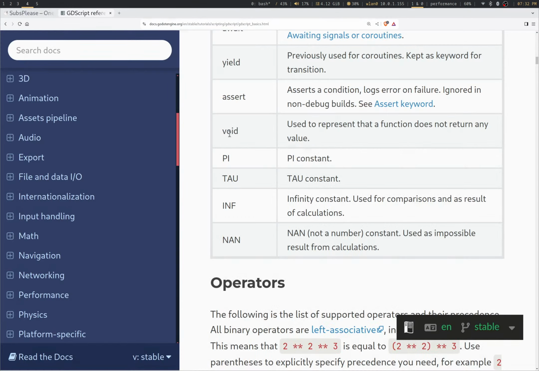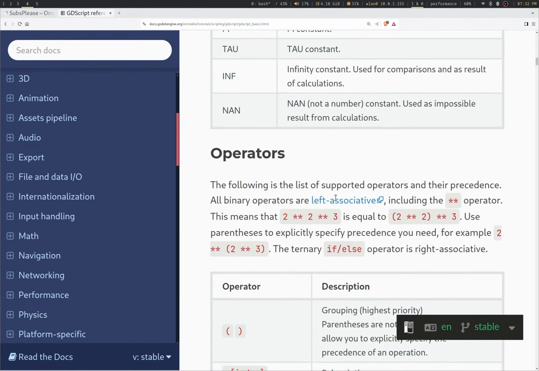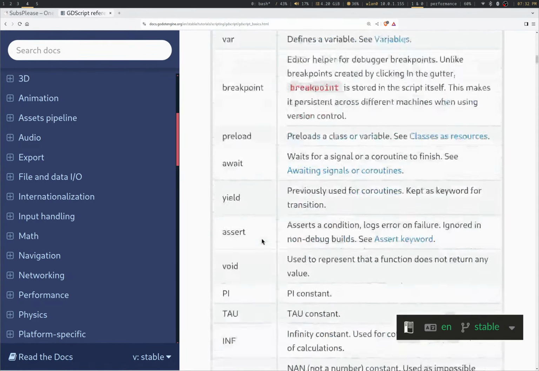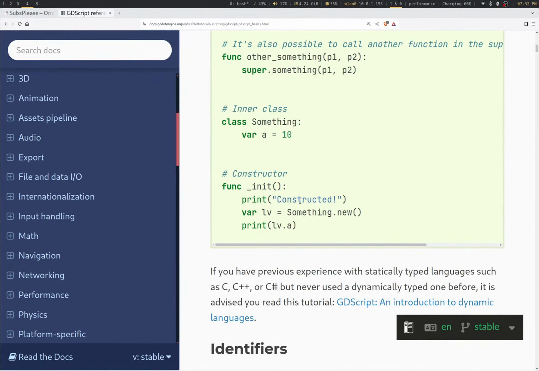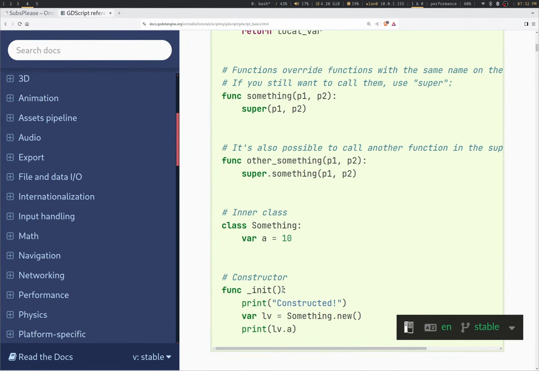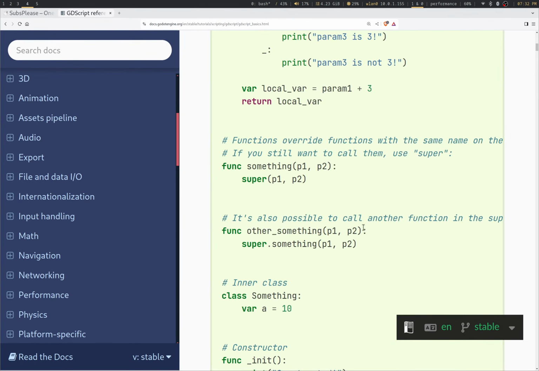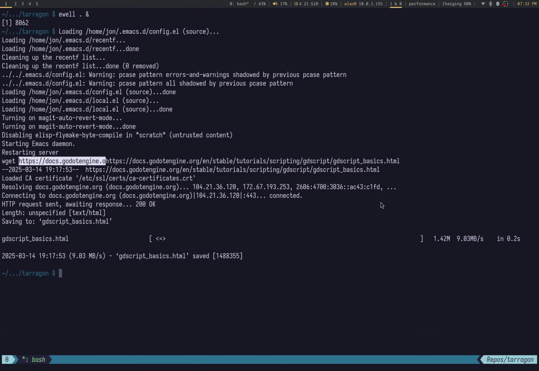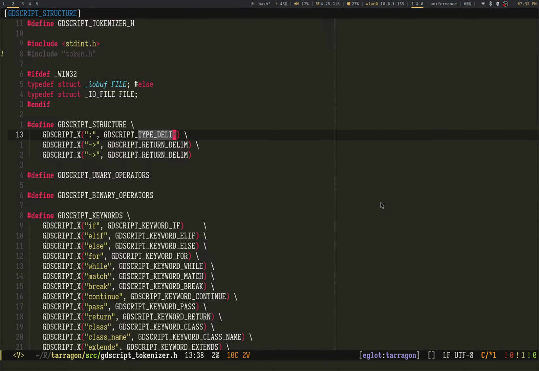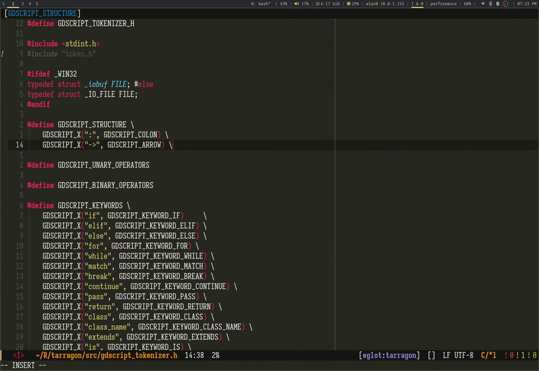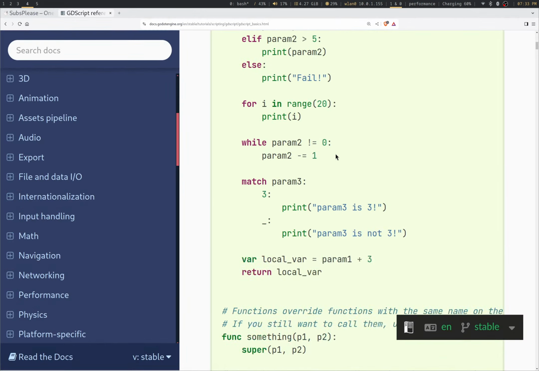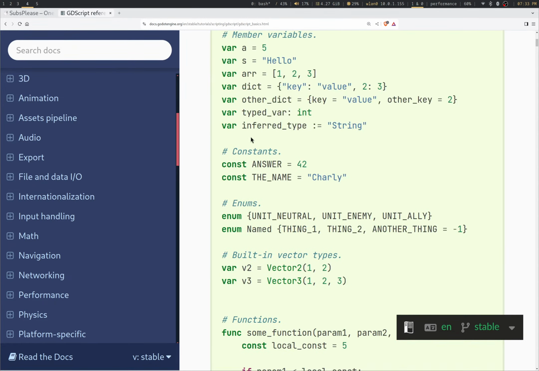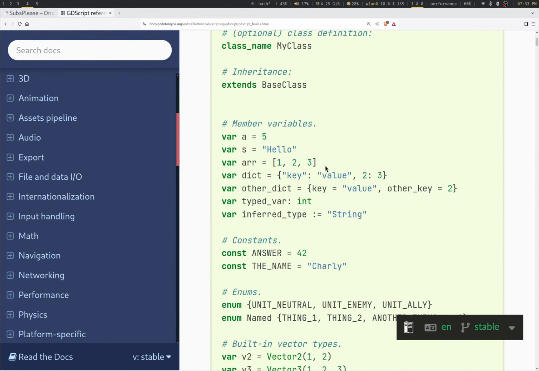And what else do we got in GDScript? Let's look at the example of GDScript to see what else they have here. Oh my god, look at all these lovely operators. That's a unary operator. Colon. Oh my god, colon's serving multiple duties. Look at that. It's also to end a function. We'll just call it the colon. Arrow. But other than that, pretty good. I think I got it.